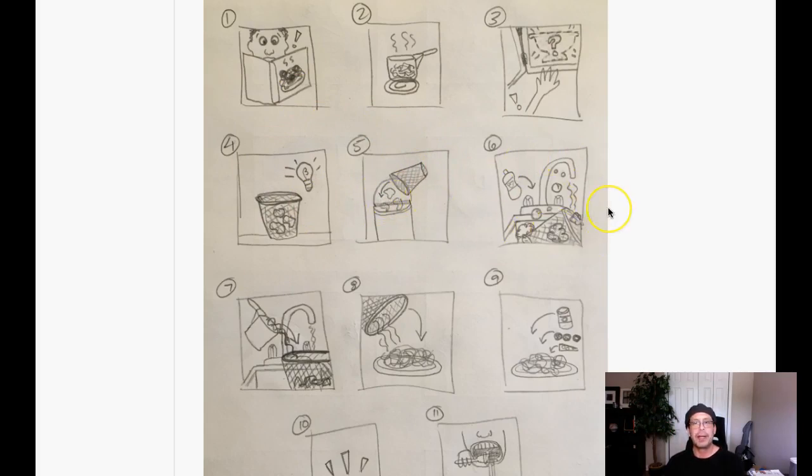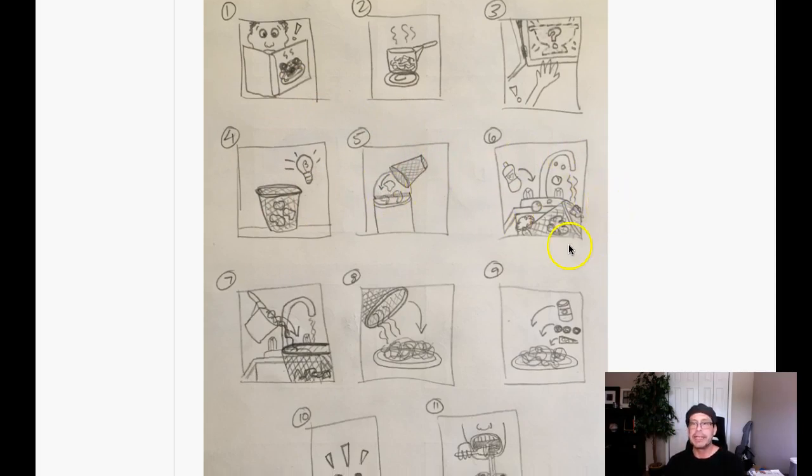And in this frame, I've been looking and looking and looking, and I just cannot figure out what this frame is depicting. This looks like an eye and a mouth, but if that's the case, this looks like hair. But then again, I can't tell if this is a faucet. But with the eyes and the mouth, it doesn't make sense because this character is not the same as this character. Do you see what I'm saying? So I have a feeling this is a sink, but I'm not real sure what this is, and I'm not exactly sure what's going on in this frame.